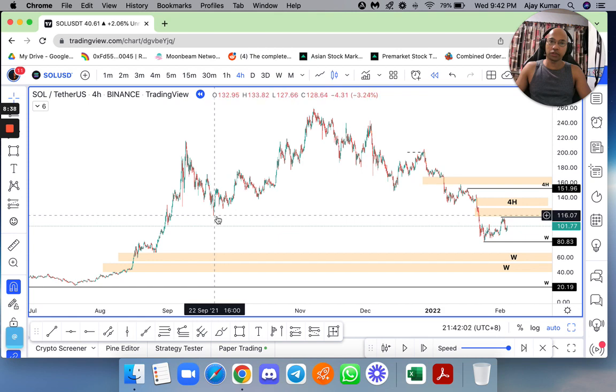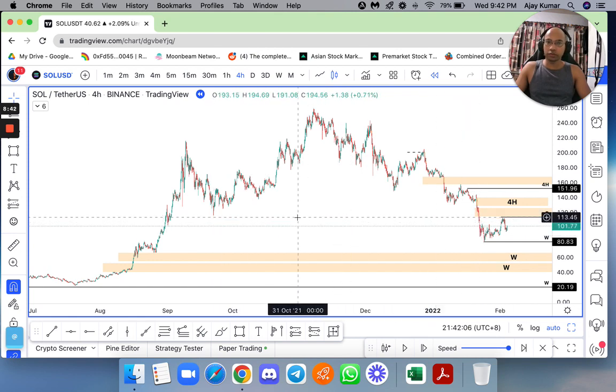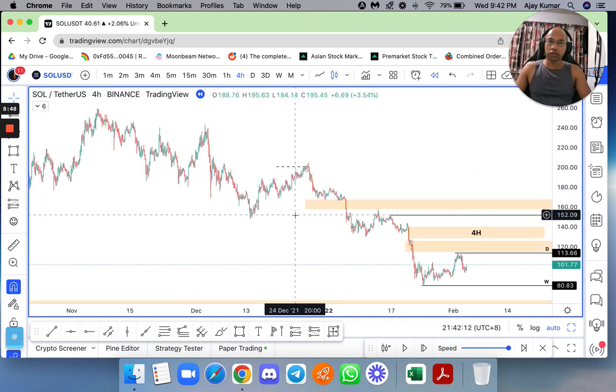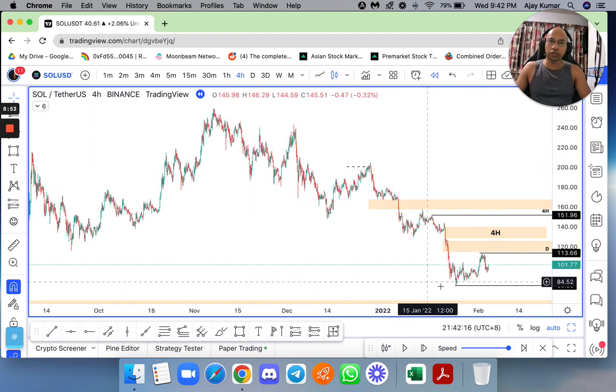Price broke this low, guys, and once it broke that low, it's a downtrend from what I see. Okay, anyways, this entire leg price is in a downtrend currently,